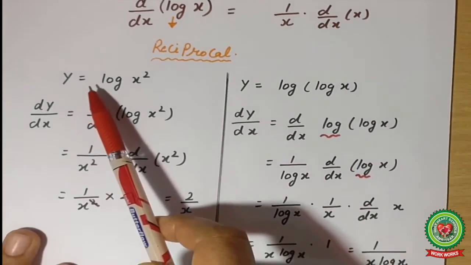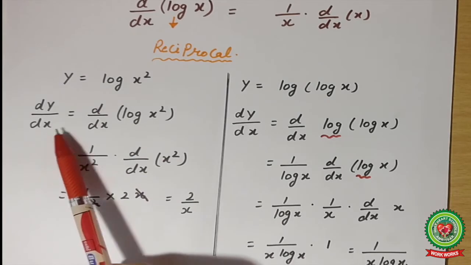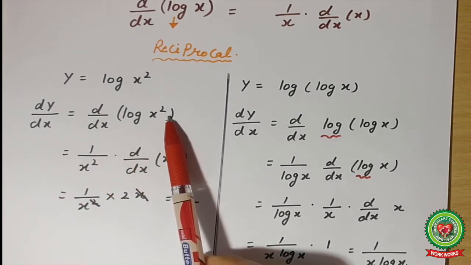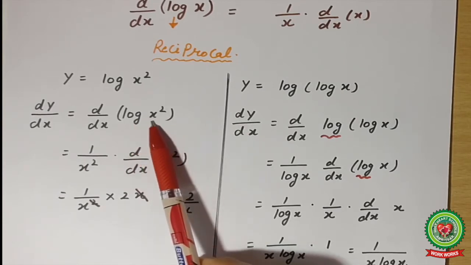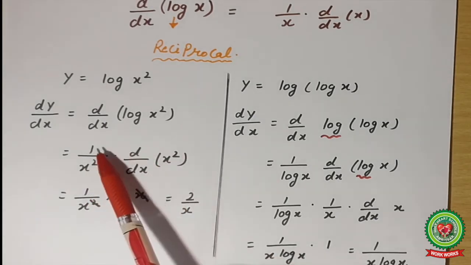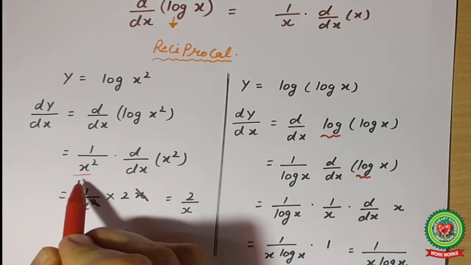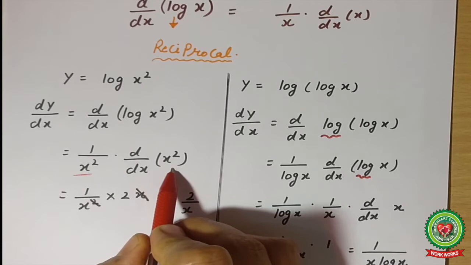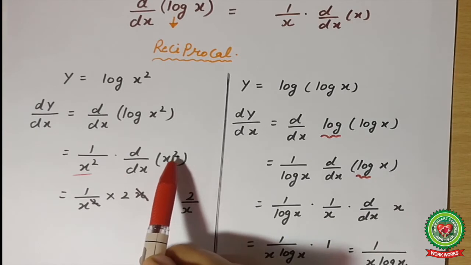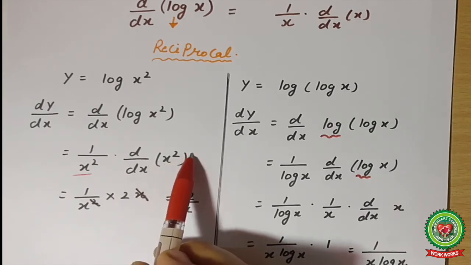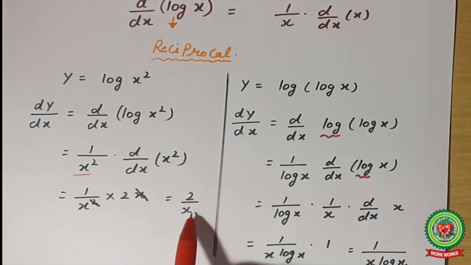Now I am taking two examples. First example, y is equal to log x square. dy upon dx, ddx of log x square. Now again log is there, that means the reciprocal of the function, x square. Log x square becomes 1 upon x square. Now what function is there? x square. We will do the differentiation of x square with algebraic differentiation. 1 upon x square, and when you solve x square, it becomes 2x raised to power 2 minus 1, which is 2x. x will cancel with 1 x. Answer is 2 upon x.